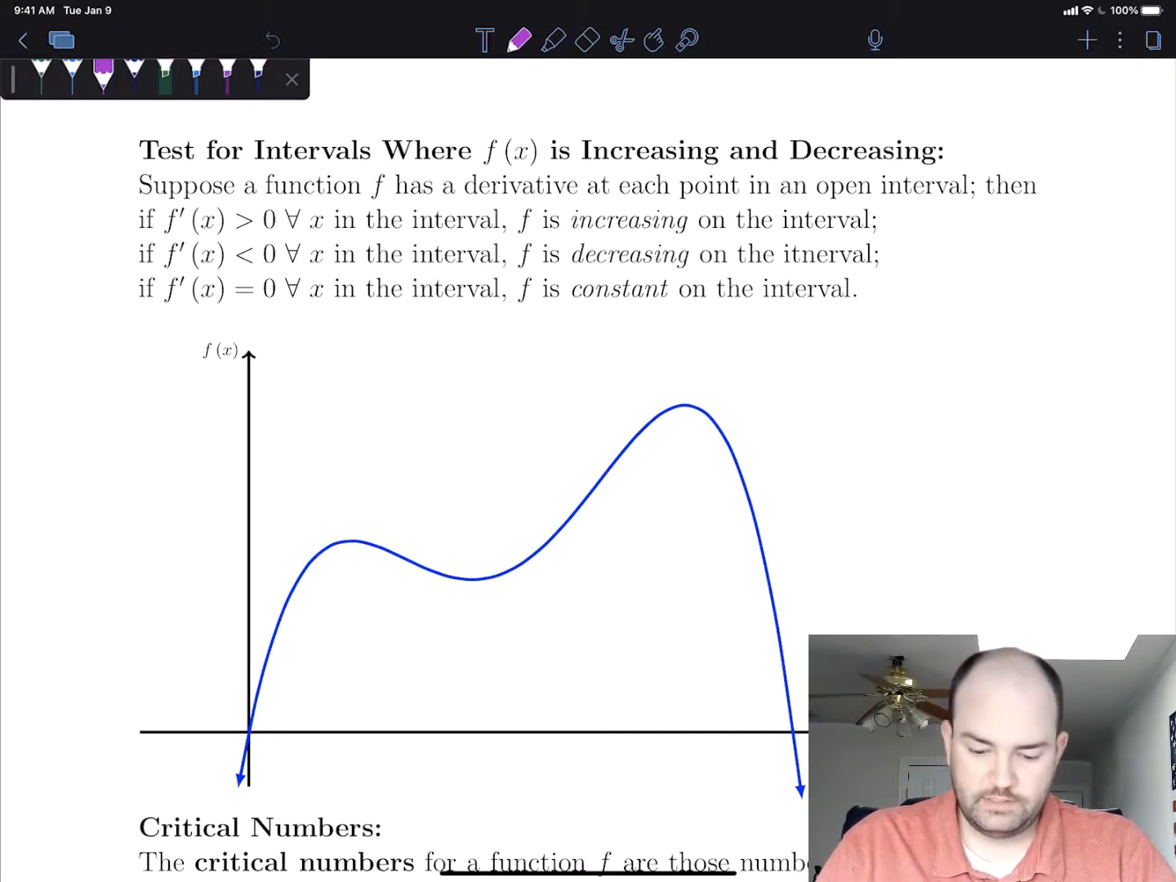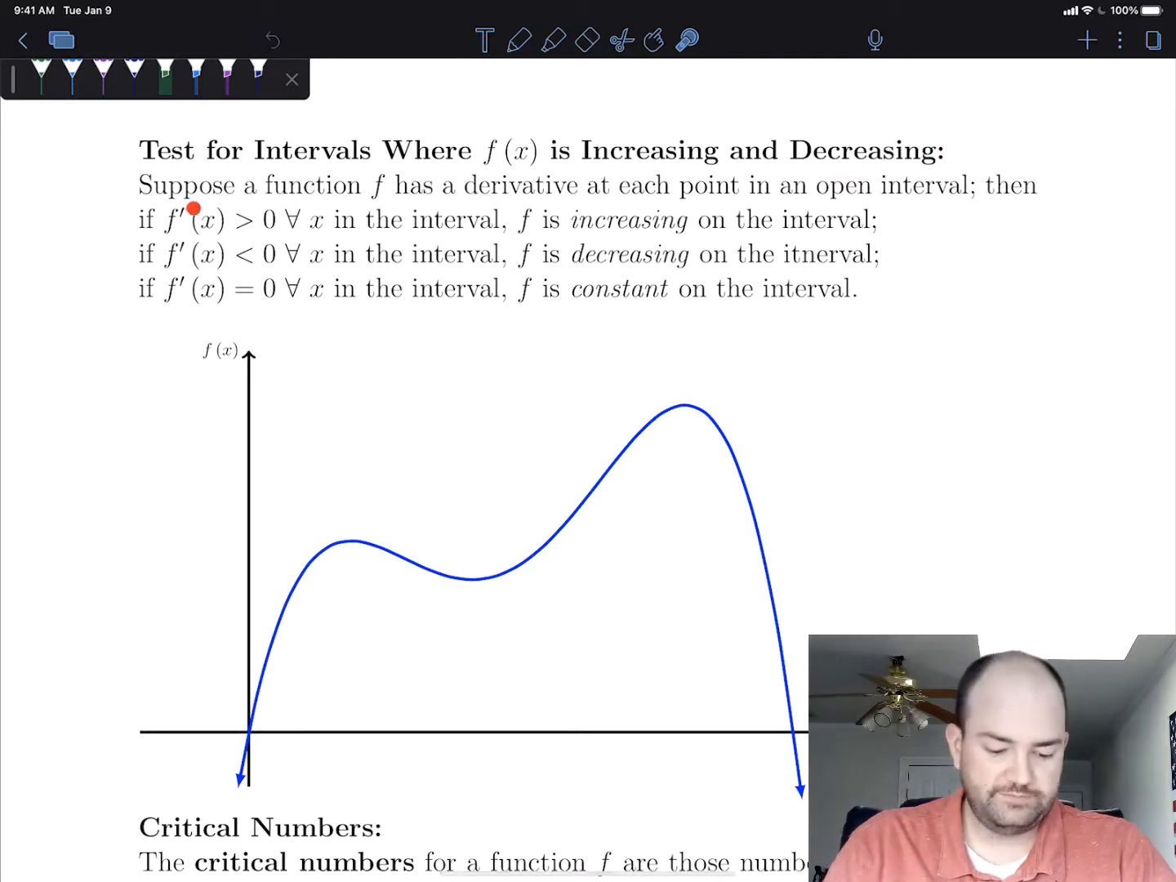Hello. In this video, we want to start looking at a test for increasing and decreasing. Suppose the function f has a derivative at each point in an open interval. Then if f prime of x is greater than 0 for all x in the interval, f is increasing on that interval. If f prime of x is less than 0 for all x in the interval, then f is decreasing on that interval,